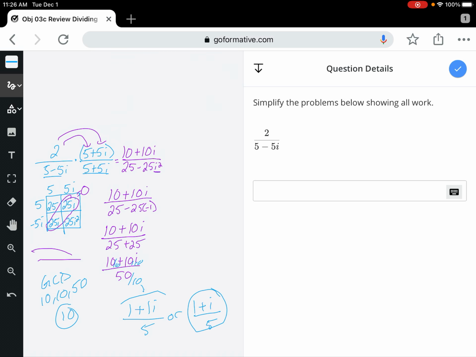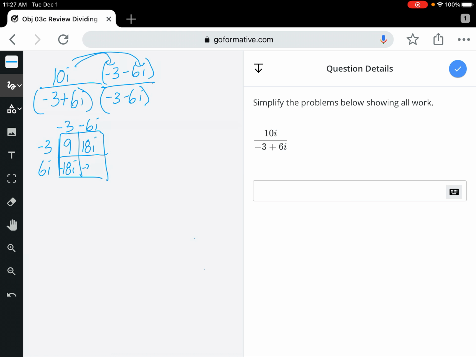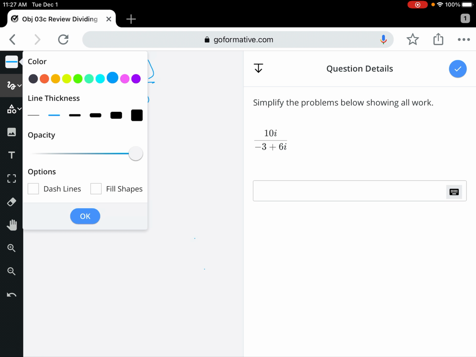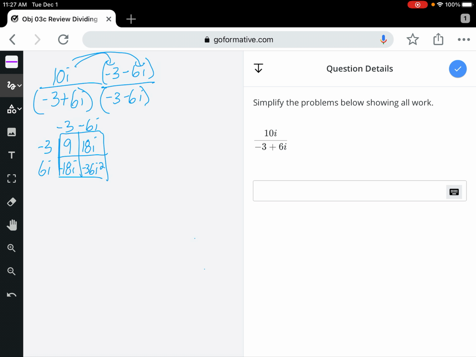Okay, this part I can just do distributive property. This part I have to do a box. So that's negative 3 plus 6i, negative 3 minus 6i. Okay, so that's positive 9, positive 18i, negative 18i, and negative 36i squared. Okay, so here, this is going to be negative 30i minus 60i squared over, now remember, if you do this